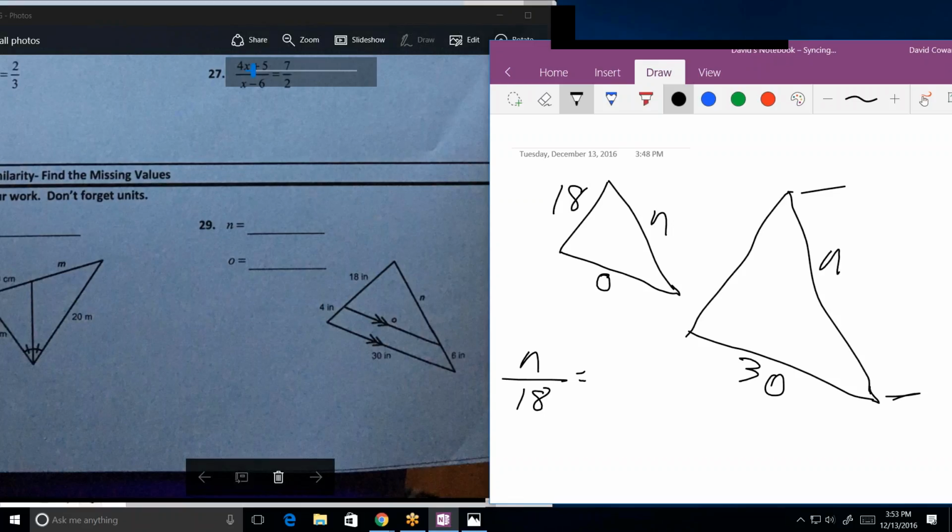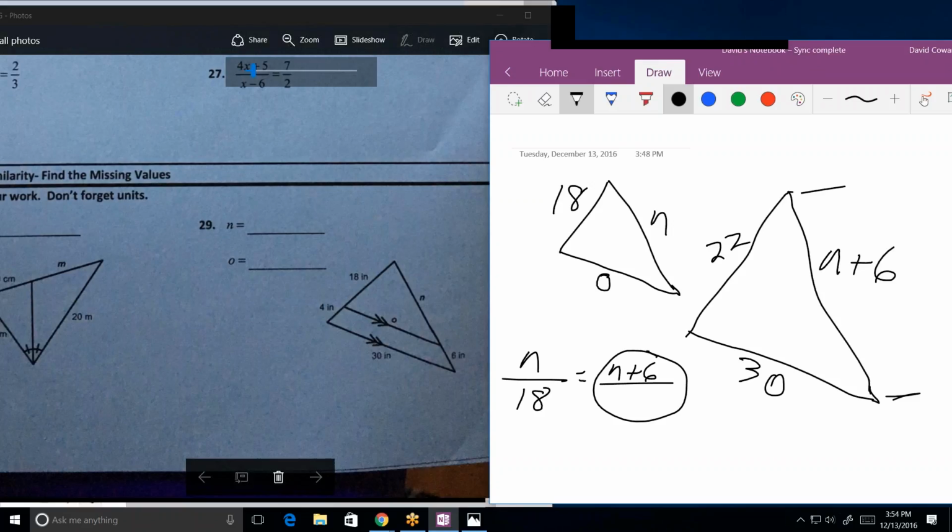And what's this measurement over here? 18 plus 4, right? Okay, now give me that relationship. It would be N plus 6 is